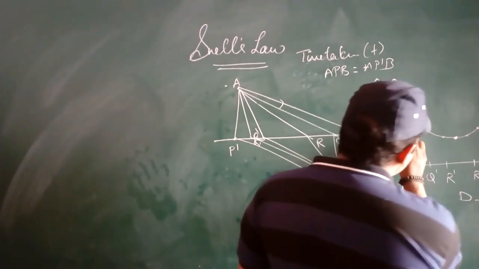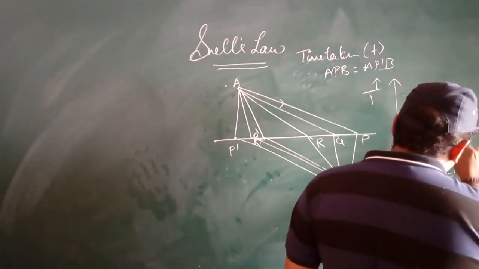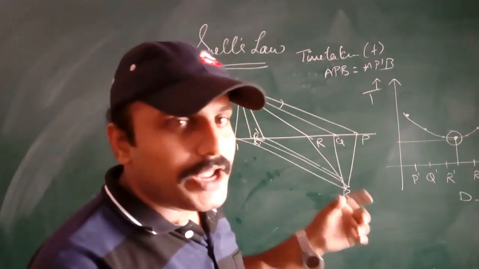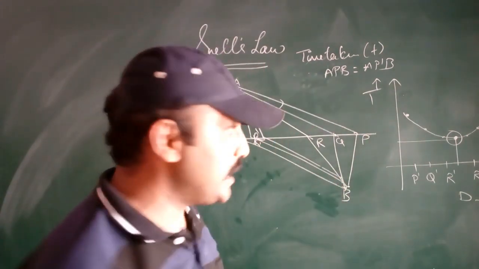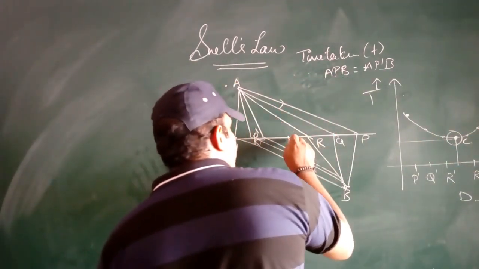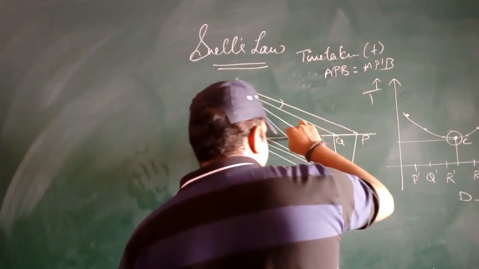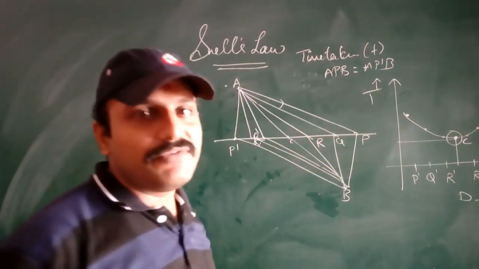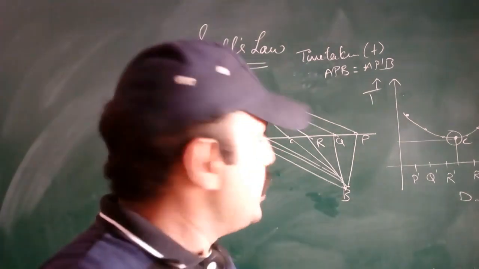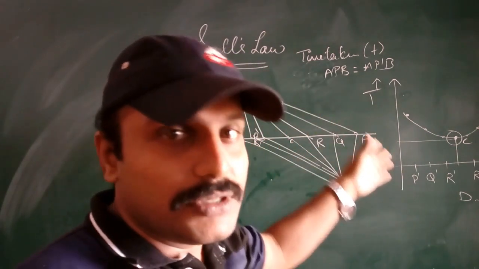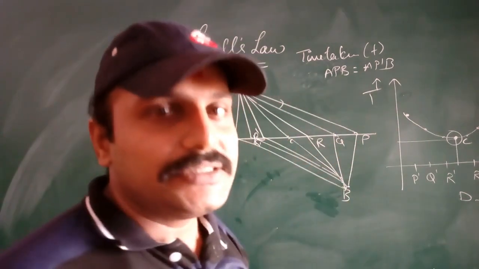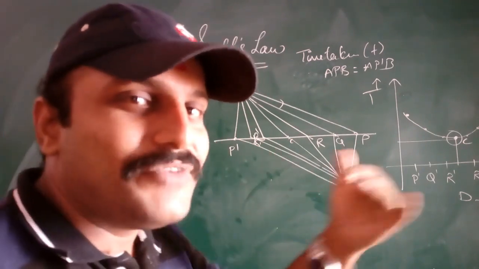Now what does this lowest point tell us about? This lowest point tells about the least time taken by yourself to save your friend. That's what I will take as C. So I will take one point here, C. If I draw this point C, then ACB will be the path which takes very little time to save my friend. Understood? Even though there are different paths to save your friend, if you observe the different paths, only ACB is the path where I can save my friend in very little time.